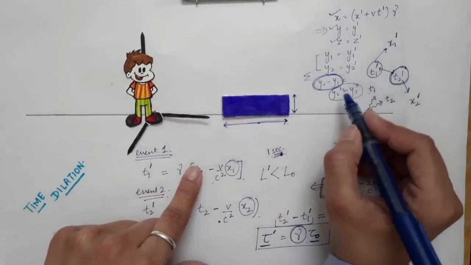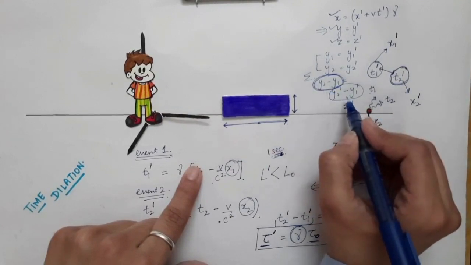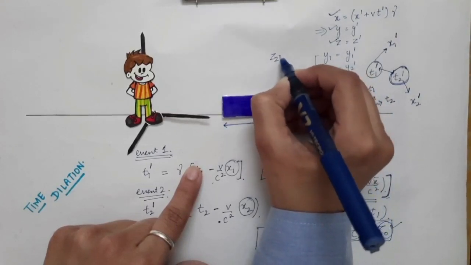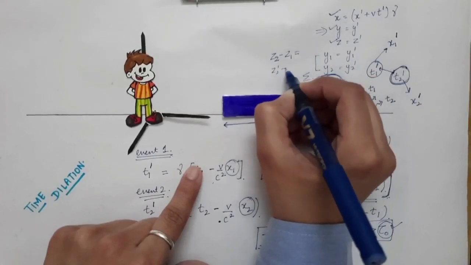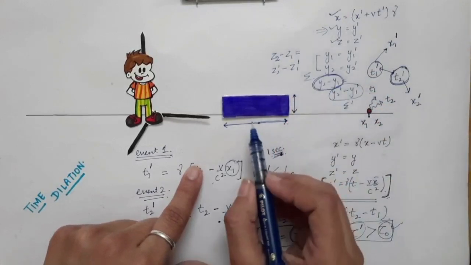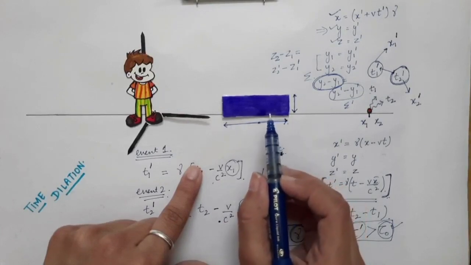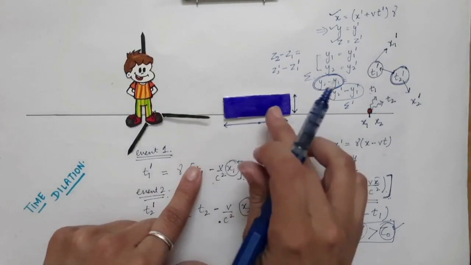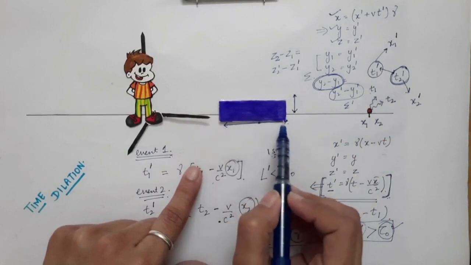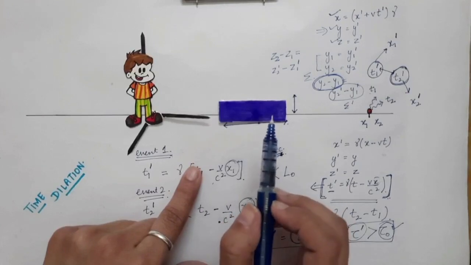So the two lengths, in both the sigma and sigma prime frames, remain the same. Similar is the case with the z-axis: z2 minus z1 comes out to be z2 prime minus z1 prime, so the length along the z-axis remains the same. It means that only the length along the x-axis has changed. The direction in which the object is moving with respect to the sigma prime frame, only along this direction, the length will get contracted, and in the other two directions, the length will remain the same.